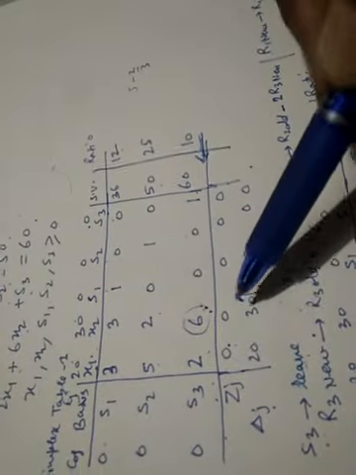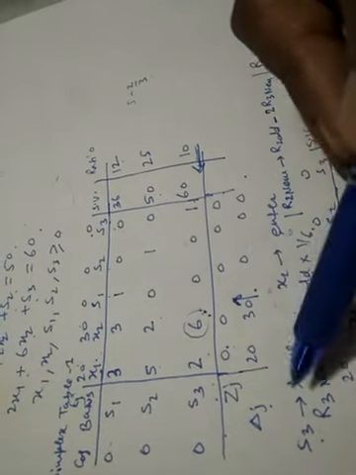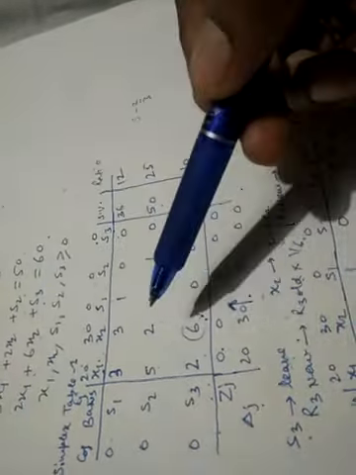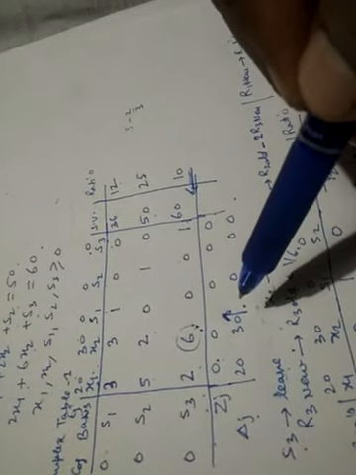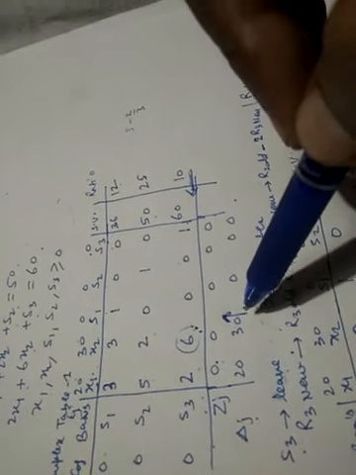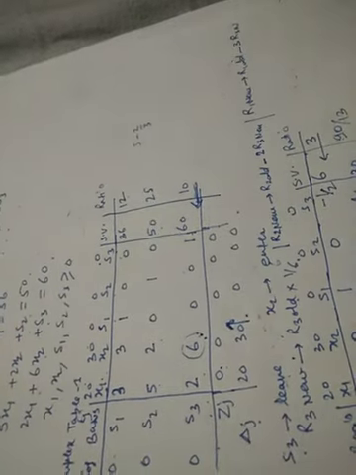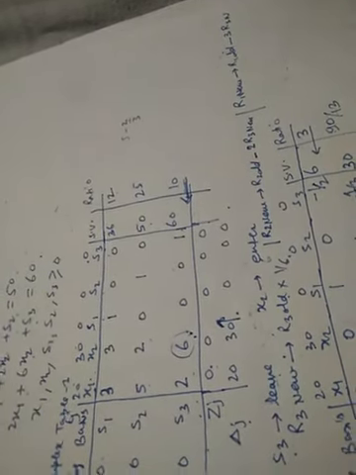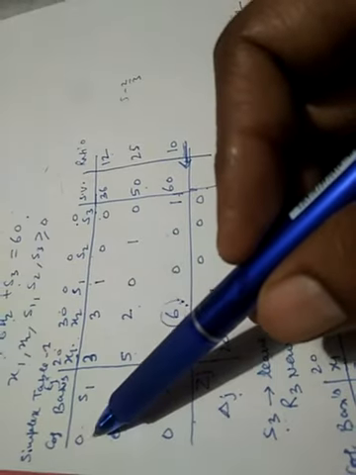Now we check its optimality. Though we know that this solution is not optimal, still we are going to check optimality. The reason is that further steps of writing the improved solution are dependent on the optimality check, because in the optimality test you will identify the key column and key row, and that is the prerequisite for writing the improved solution. So this is the reason, though we know that this solution is not optimal, still we are going to conduct the optimality test.